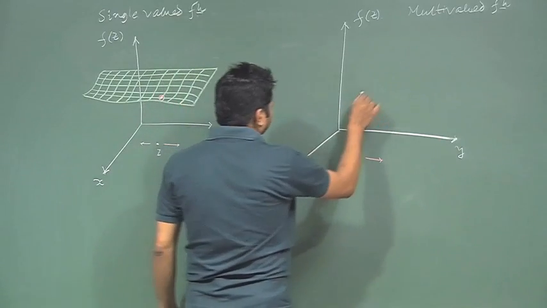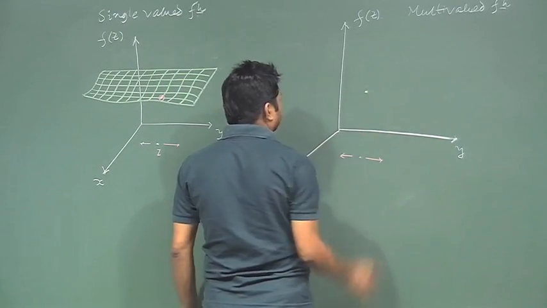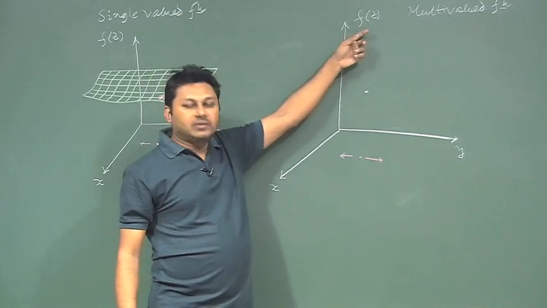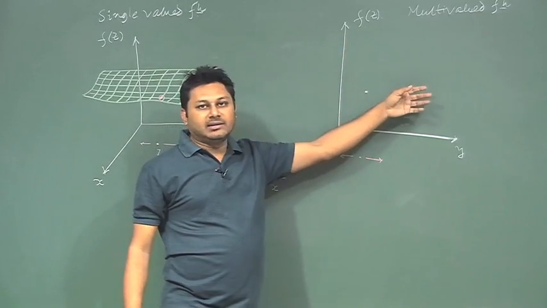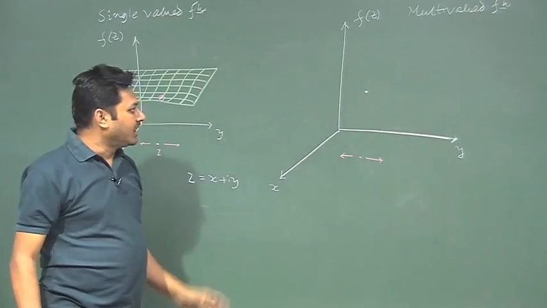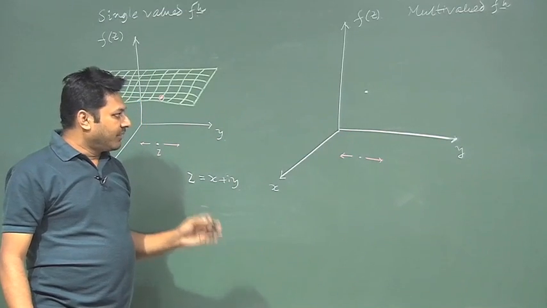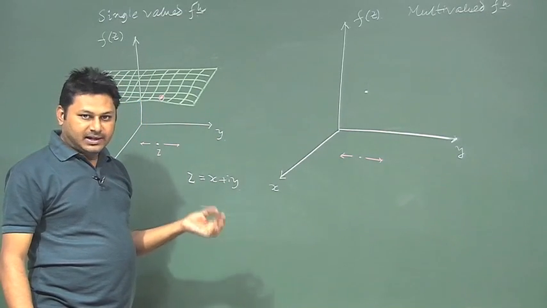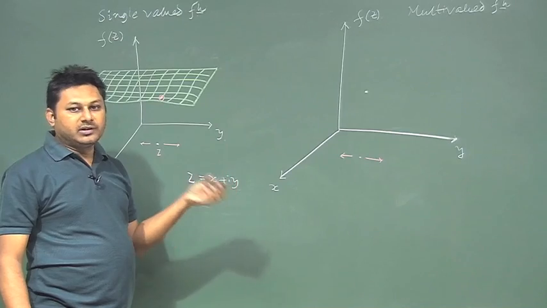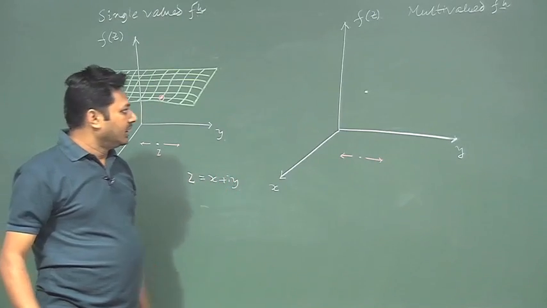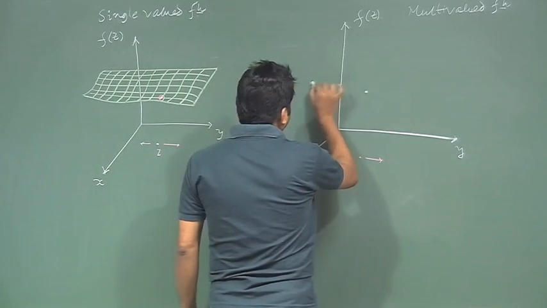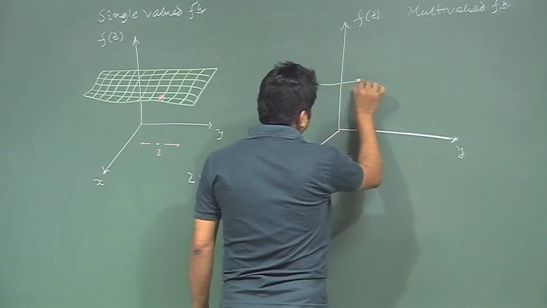So, first I will have some point here. Since this is multivalued, I should have another point also for the same z. That is the case we had in the previous example. We have root over of z, and we find that for a single value of z, I should have two values, one positive and another negative. So, here if I again draw the surface,